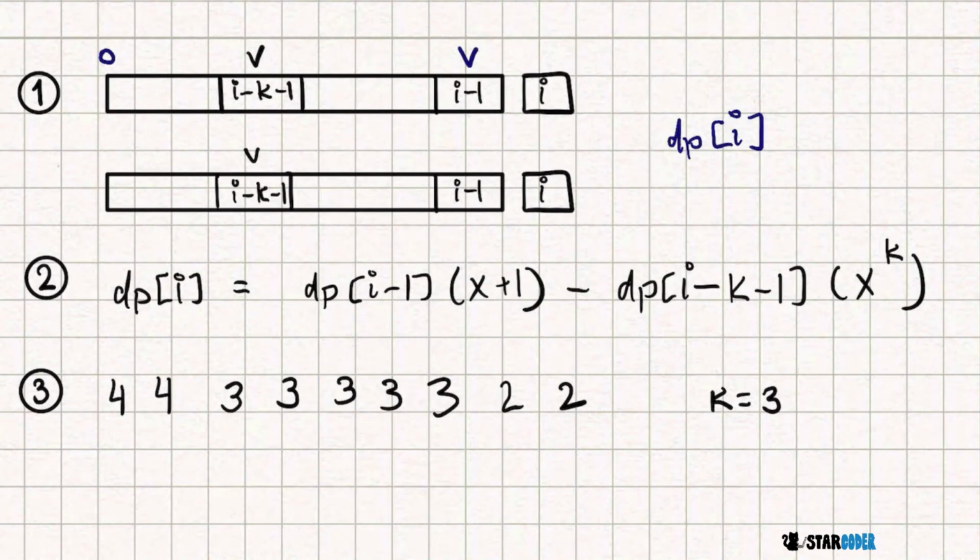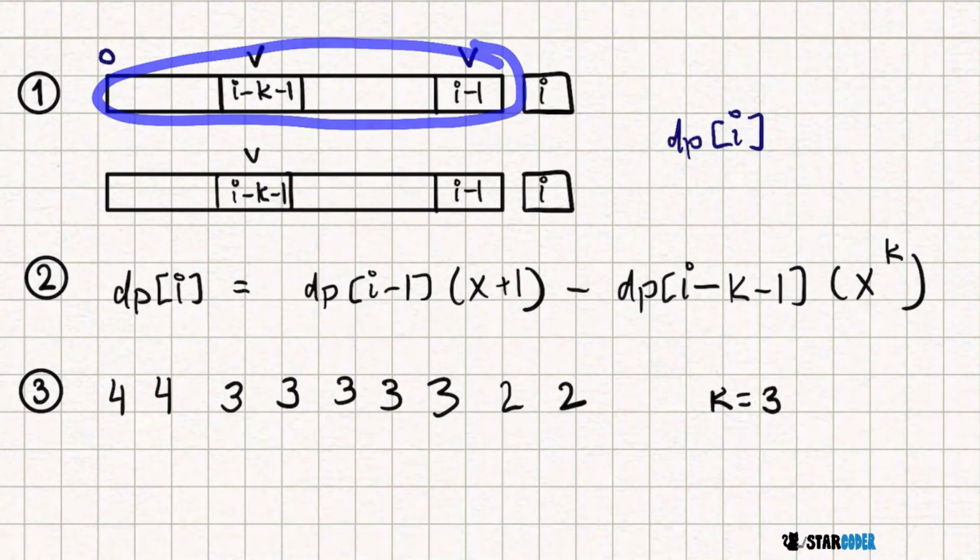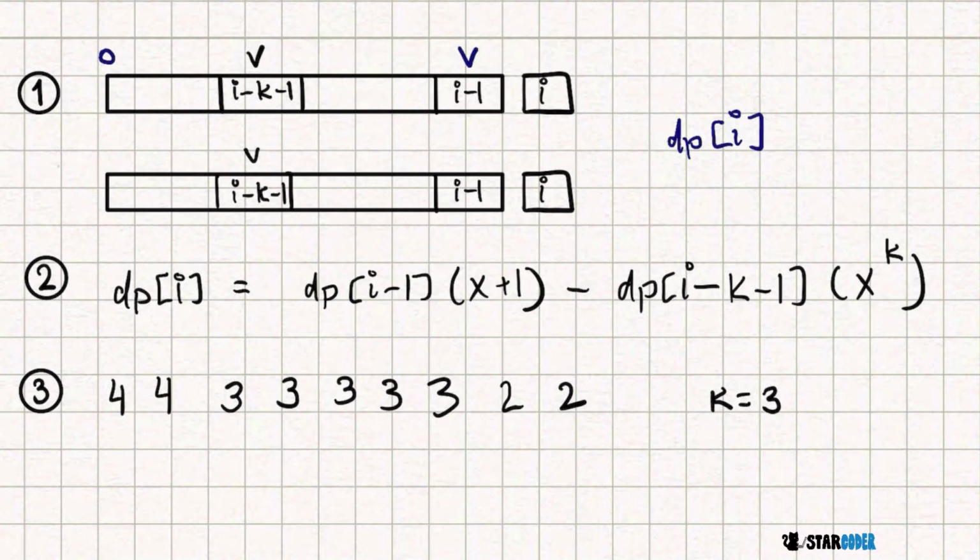So if we have our state, the next thing we need to work on is our transition. If we assume we already know the value of dp[i-1], then for this value, where we're using dp[i-1], the value here is going to be assigned v, since that's how we defined it in our state: the last value is going to be v. Since we have a v here and we don't know if there's going to be a v here, we're also going to assume we have v at i-k-1, since i-1 only covers up to here. So if we know how many combinations there are for this,